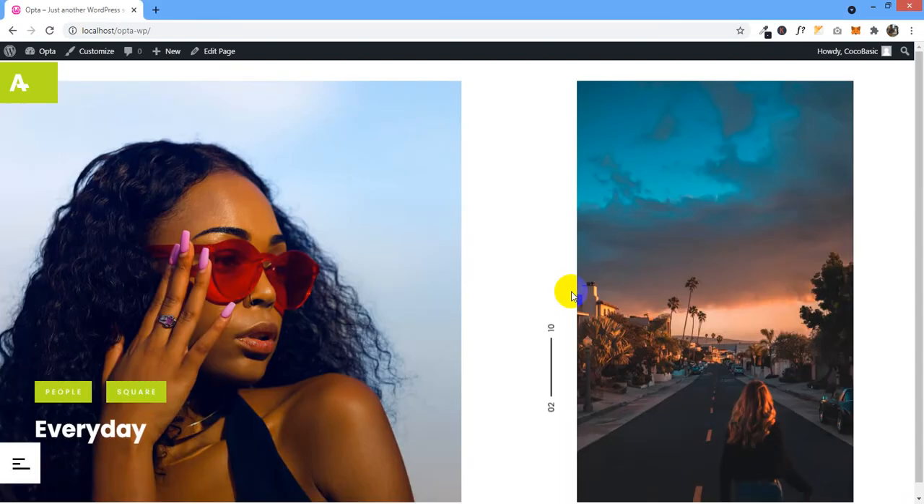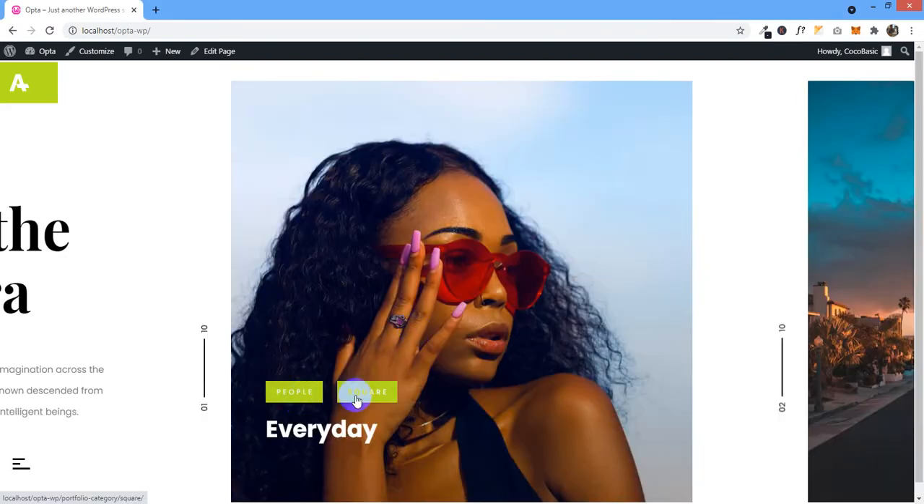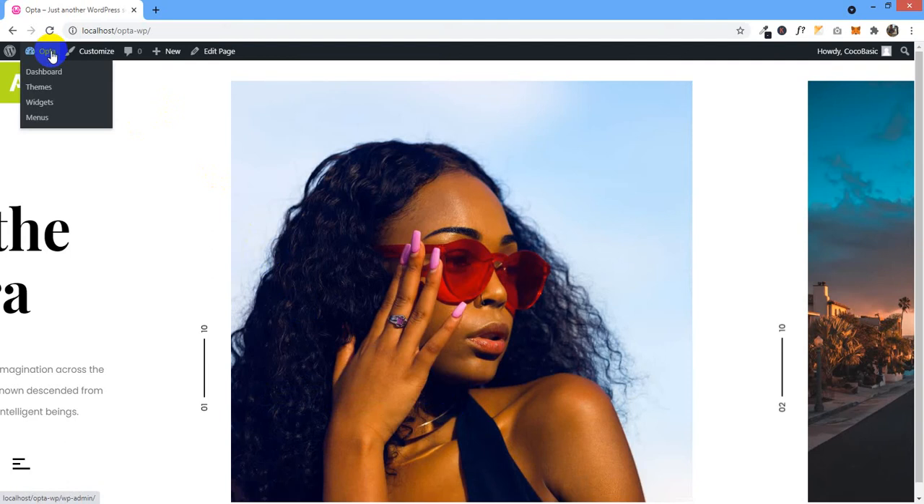I have here the default demo content, and I have here the default category to People Square. I will add now the website button here with a custom link. I will go to dashboard,